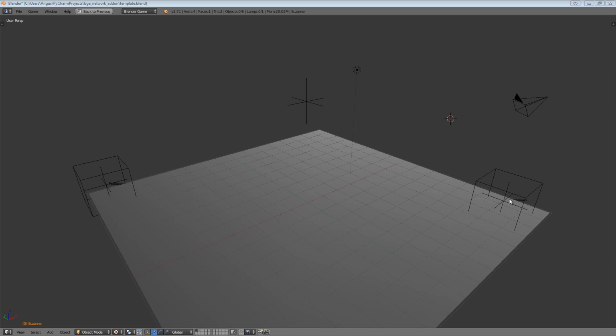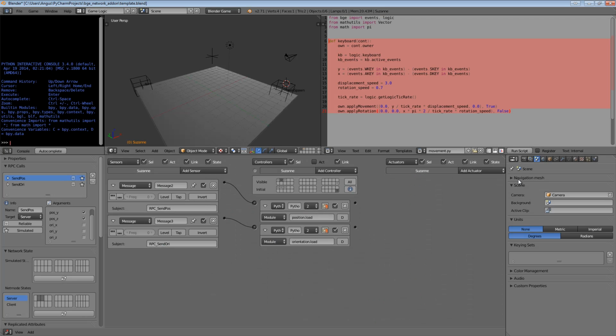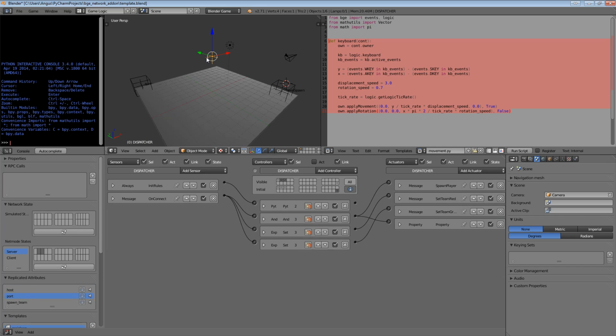So what we're going to do in this video is demonstrate how you would do this. If you want to spawn your players in a different manner, watching through the course of this tutorial series will give you an idea of how you might go about doing that. There's quite a lot going on here, but it's actually very simple in its working. We're first going to look at how we spawn the player before we look at what the player actually does. So on the dispatcher, which is